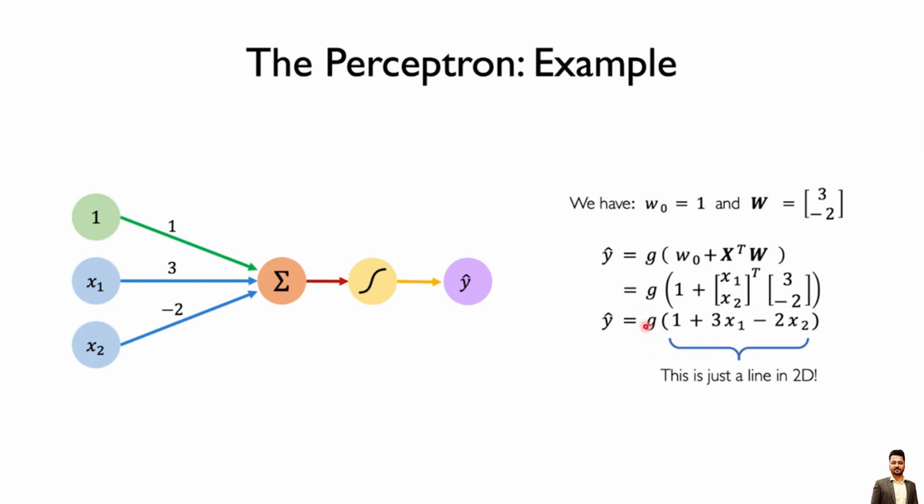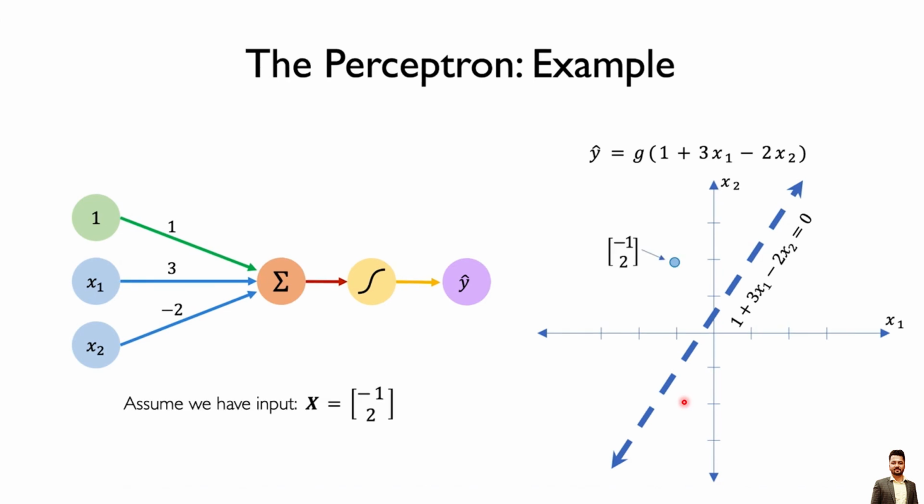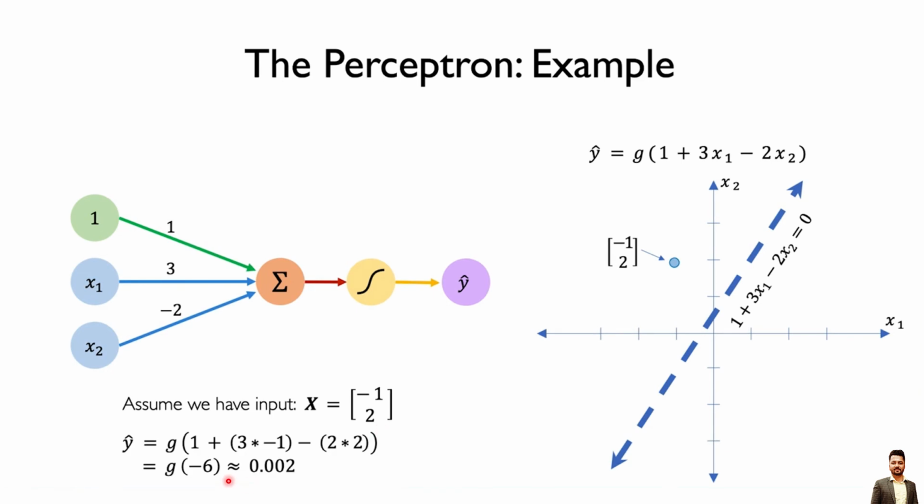You have to pass it through this g nonlinear activation function, then only you can get something out of it in a nonlinear way. Now you can see that 1 plus 3x1 minus 2x2 equal to 0 is a straight line, and let's say I have this point of -1 and 2. It is on the left side of it. How did we get it? If I assume that we have the input of -1 and 2, and you put it inside the equation of 1 plus 3x1 minus 2x2,